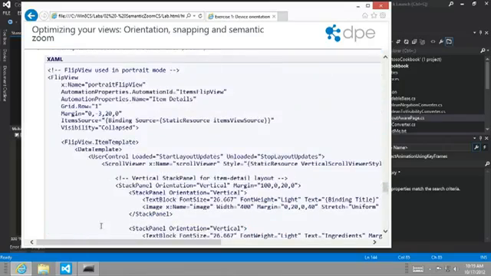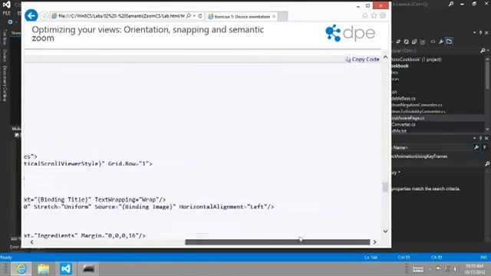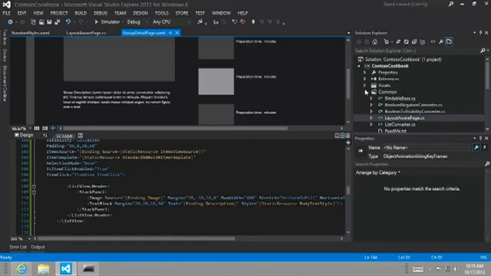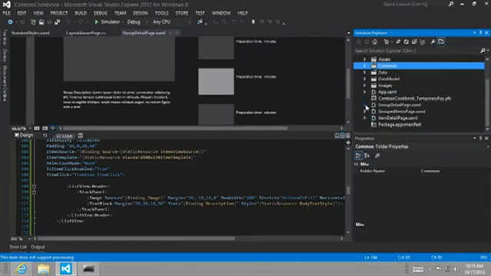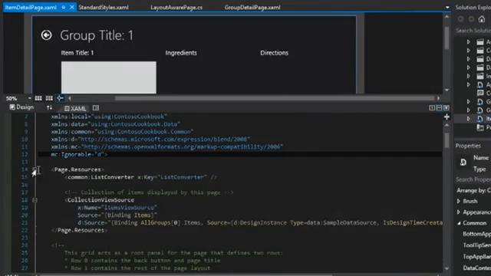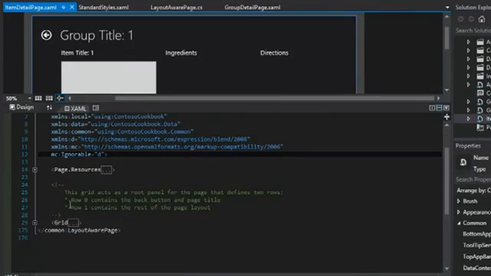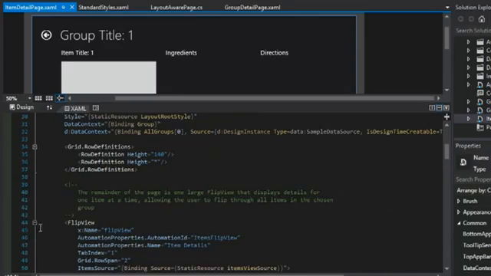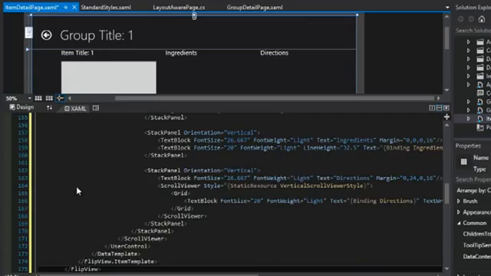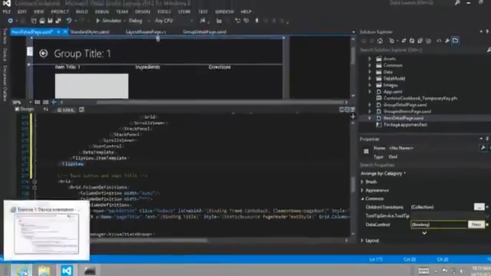Whoops, why am I doing that? Let's just copy it. All right, so here we go. Let's get rid of that and get rid of that. Item detail page. Let's use code outlining. Get rid of some things here. Here's the first flip view. Let's paste our new flip view right beneath it. And then what we're going to do